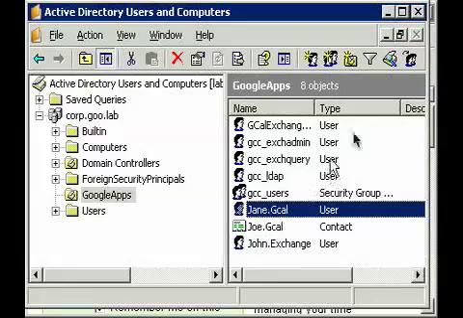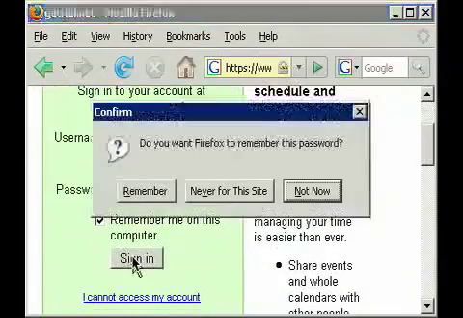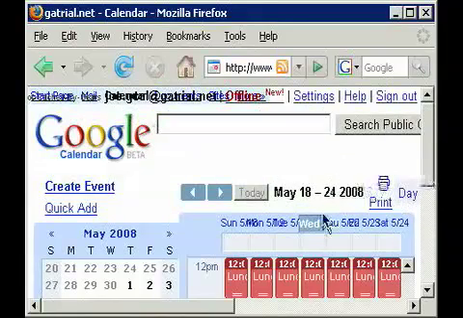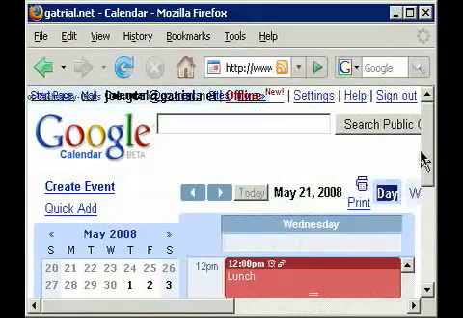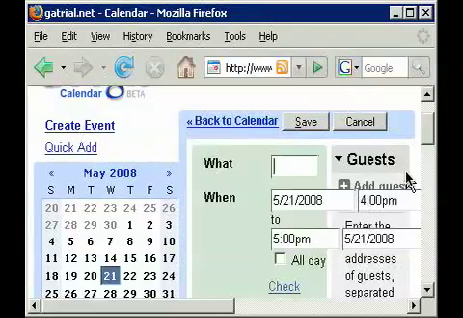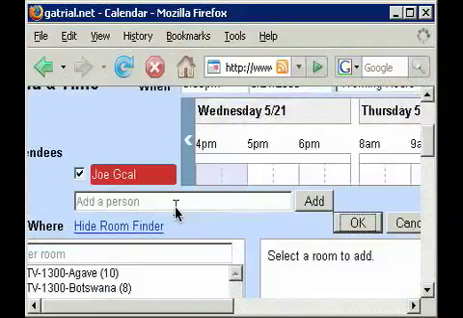So let's show you how a Google Apps user can see FreeBusy data from Exchange. So I'm going to log in as Joe.gcal into Google Apps. And here I can see his calendar. And I'm going to create a new event, which opens the scheduler. And I'm going to tell it to look up the Exchange user,